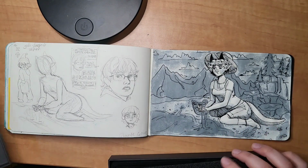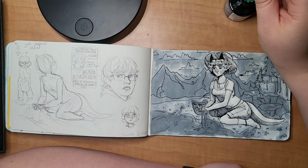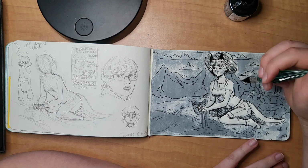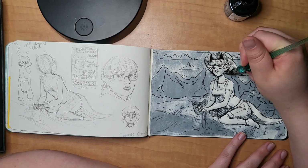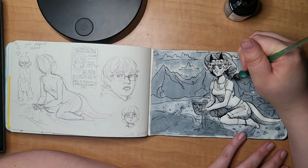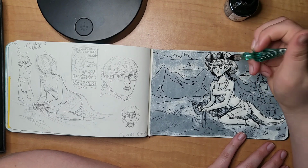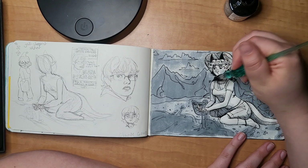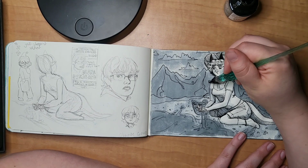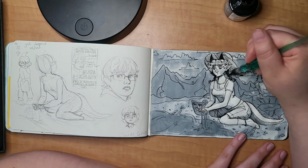I can't believe this. Do I like her more without her braids? I feel like her braids are kind of iconic, but she also looks really cute without them. It's hard to say. I'll put them in just for the time being, because I want it to be consistent between the first page and the last page. Aw, so cute. I love her. No, I definitely like the braids, I think. If you have a preference, say in the comments, because I'm indecisive. But yeah, anyways,